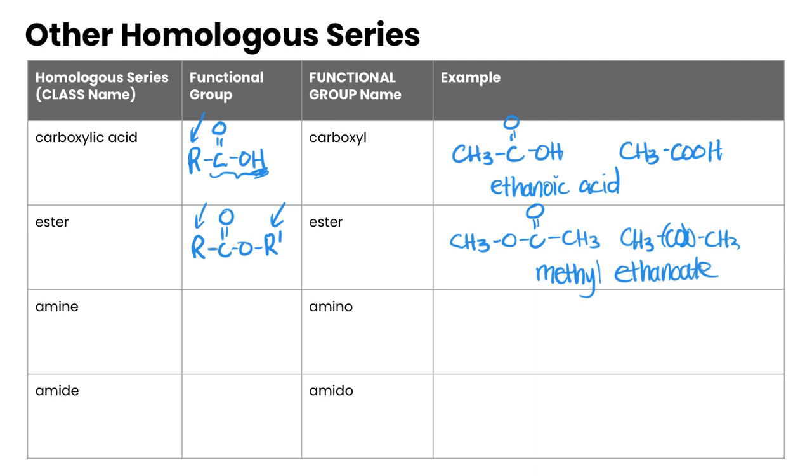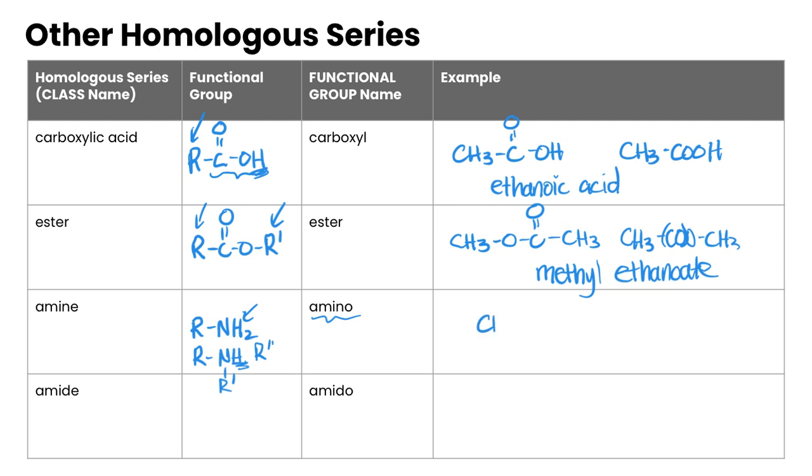Moving on to amines. Amines typically have an alkyl group attached to a nitrogen that's attached to, now this could be 2 other hydrogens, it could be other alkyl groups too, so it can get pretty complicated in terms of an amine. You could have NH2, you could also have RNH with another R group here, or you could replace this H with another R group here, and they can all be different carbon length chains. The functional group itself is called an amino,